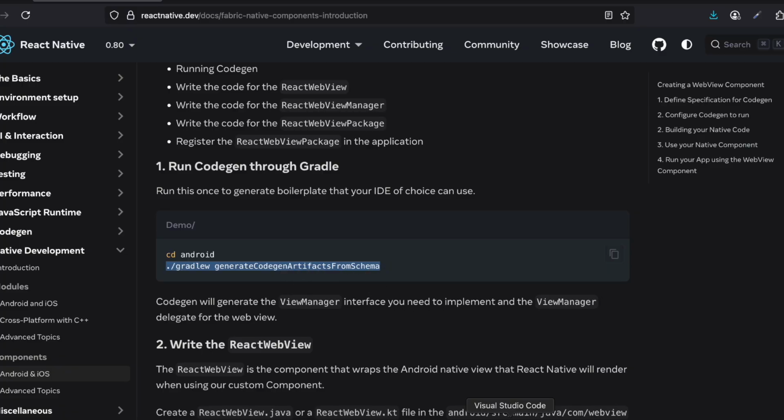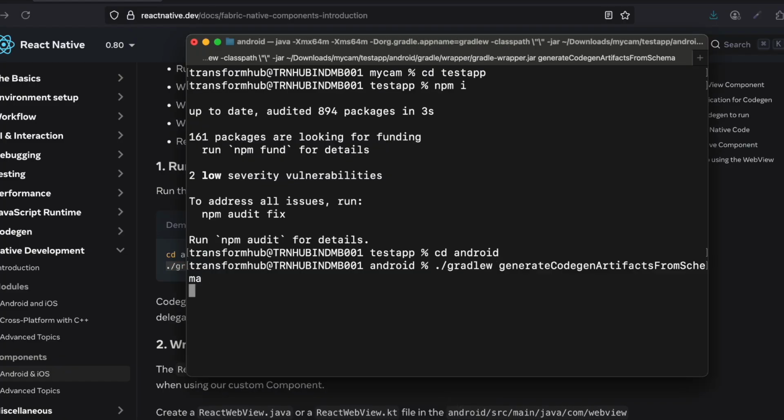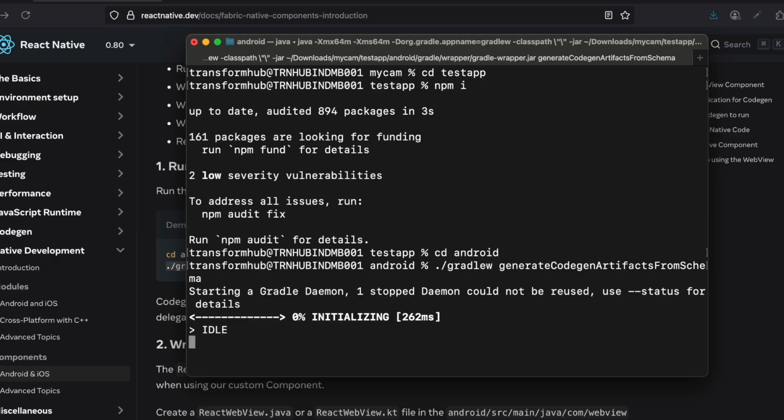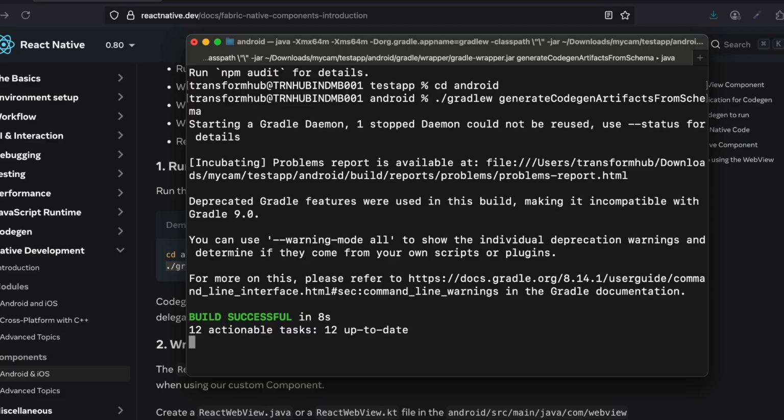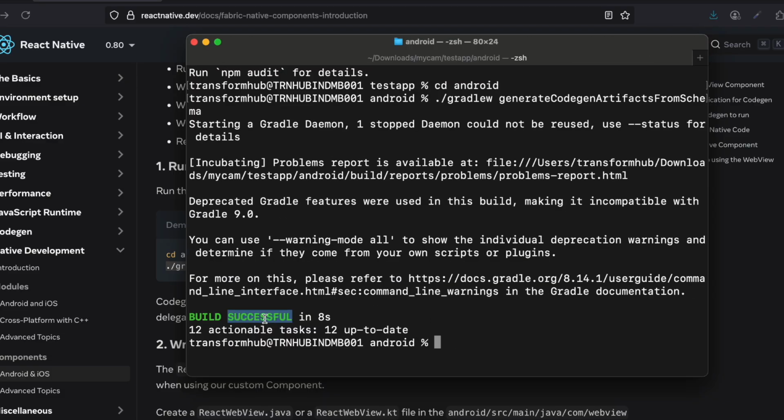I have already run this command, so it will be pretty quick for me, but if you are doing this for the very first time, it might take a bit of time, like 2 to 3 minutes depending on your machine. So just be patient. Here you can see you should see build successful at the very end. Once this is done,